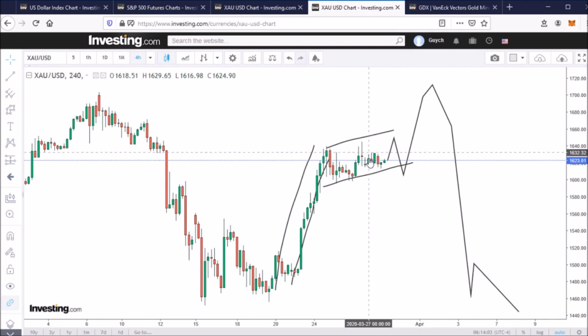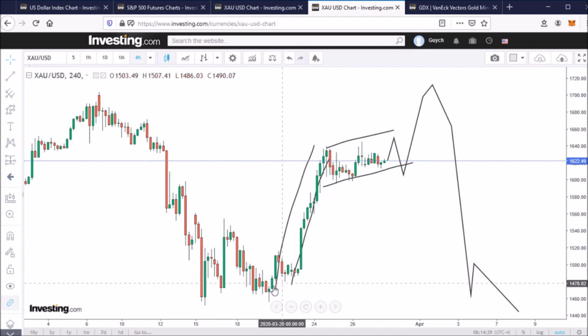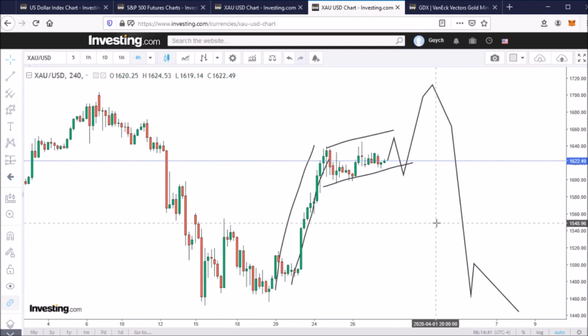There's probably a 60% chance that we're going to see stronger gold over the next few weeks, but there is also a pretty high likelihood, I would say maybe a 40% chance, that gold breaks down to retest the recent lows at about 1450. And next, let's have a look at